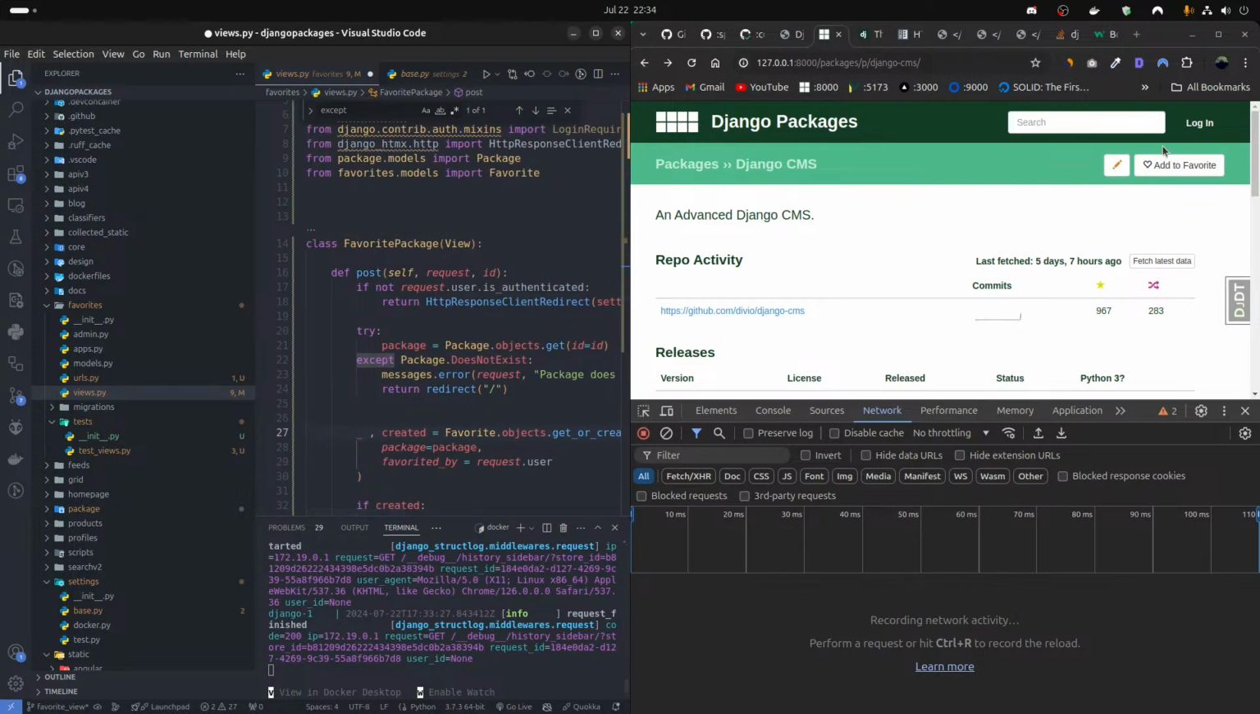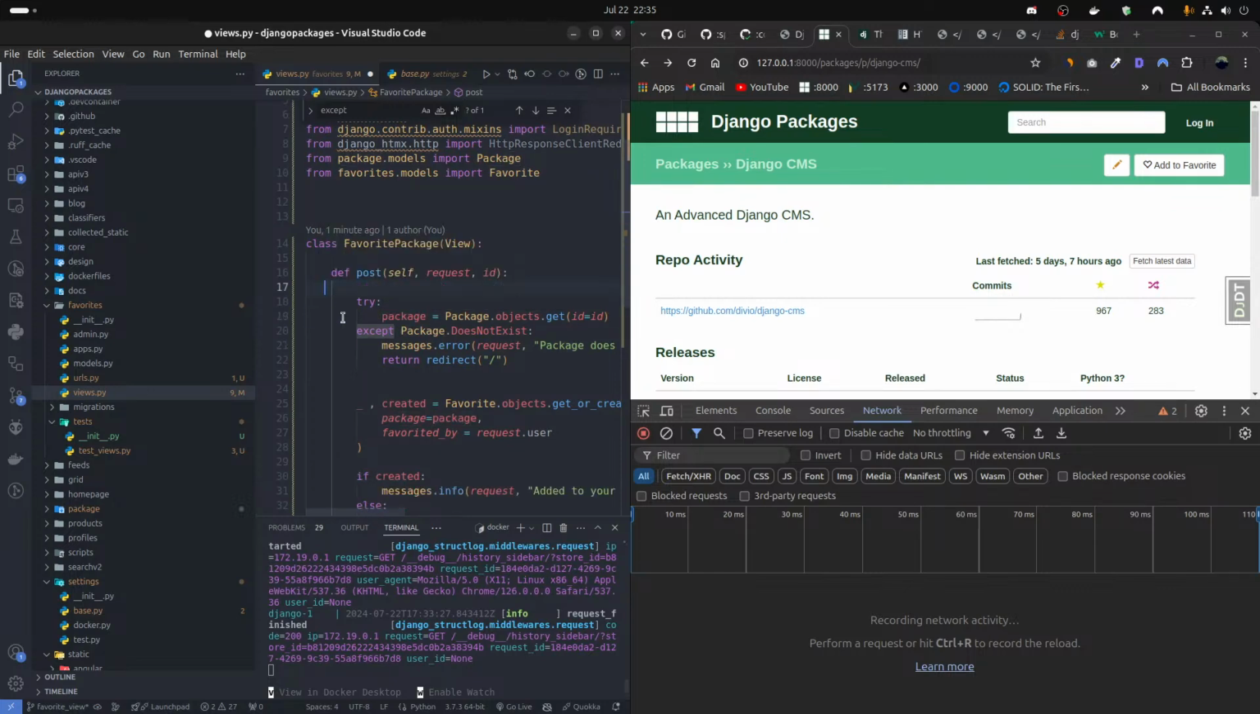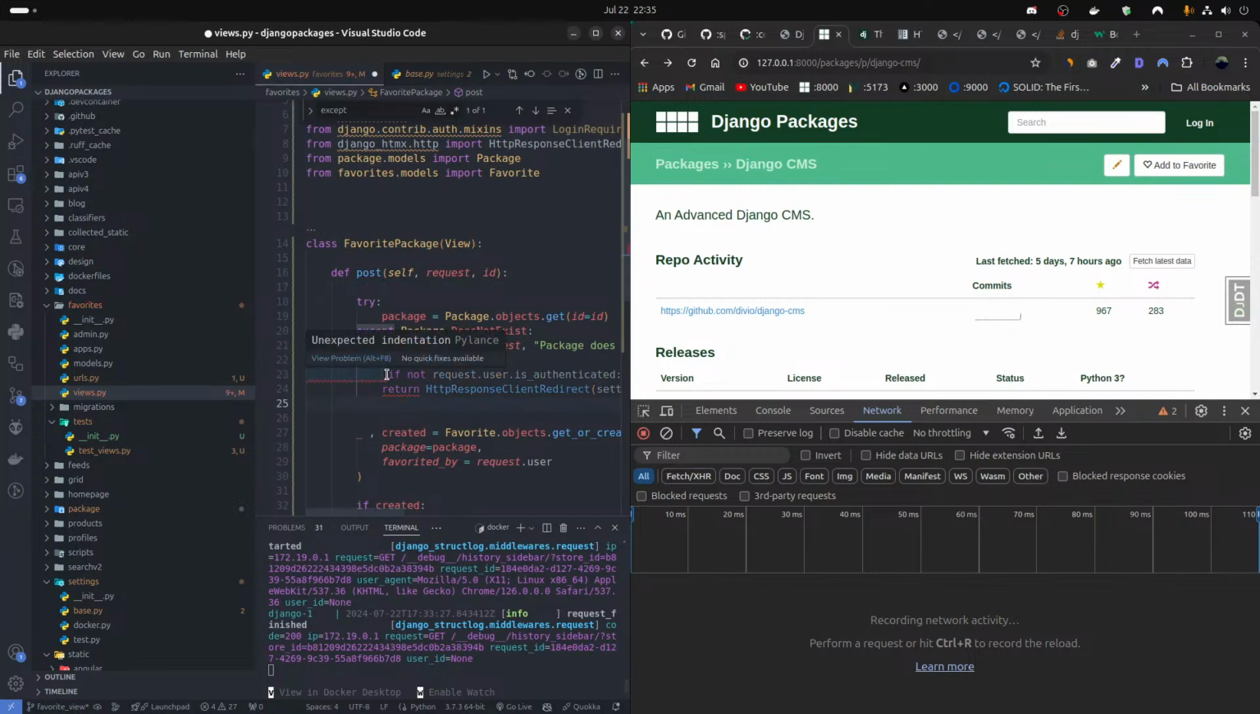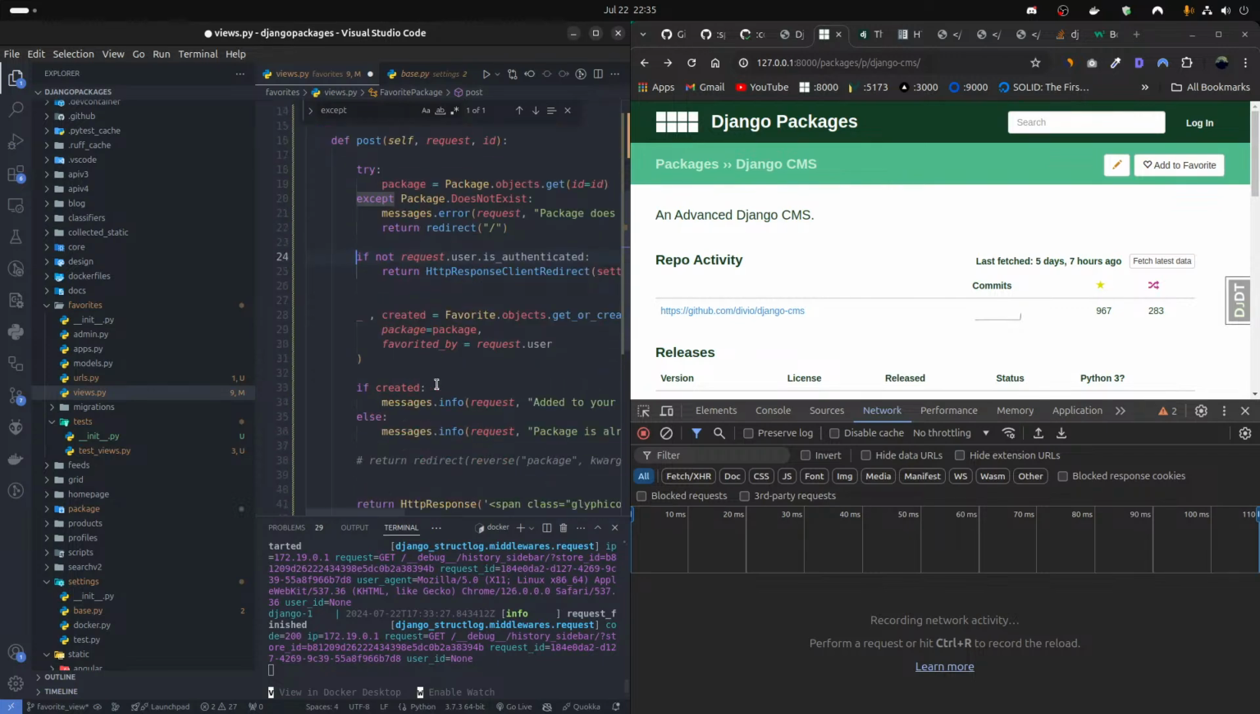What I want to do is, if he is redirected to the login URL, when he logs in, it should redirect him to this page. That I cannot do without this. I will have to move that check here, because without that we don't have the slug of the package, and without